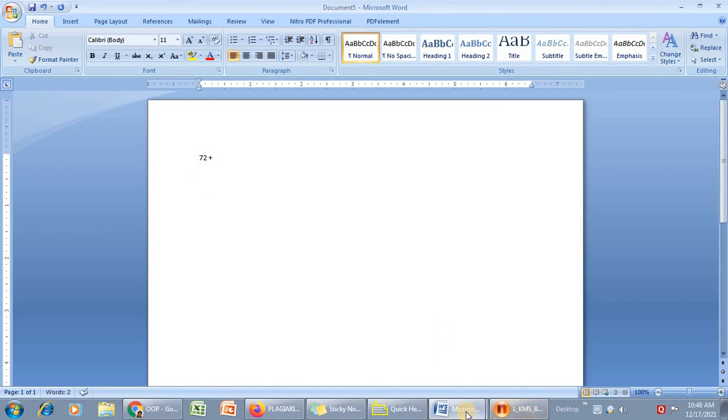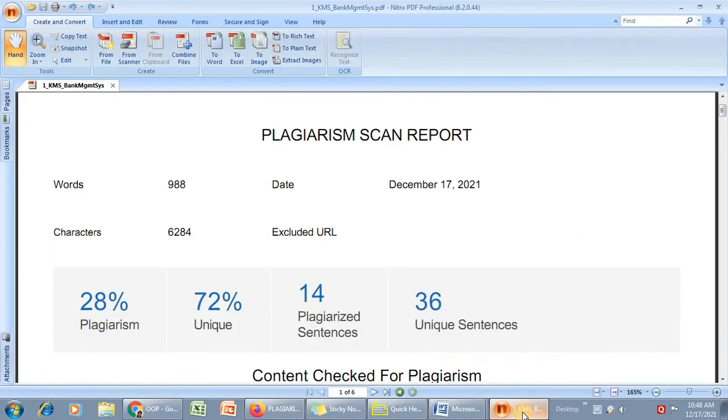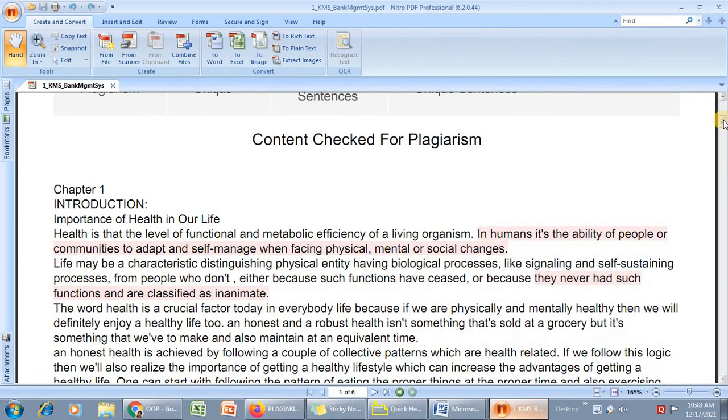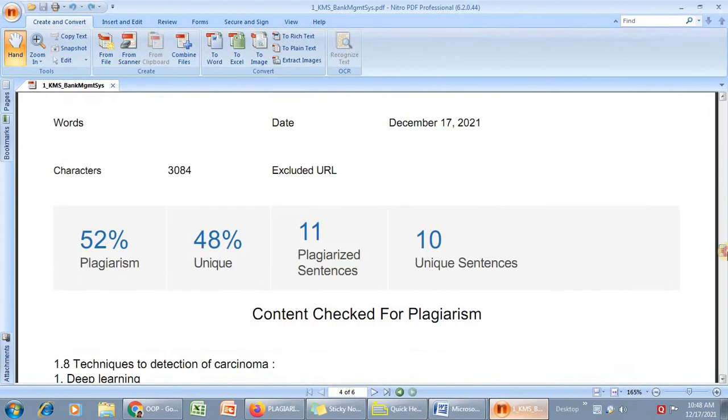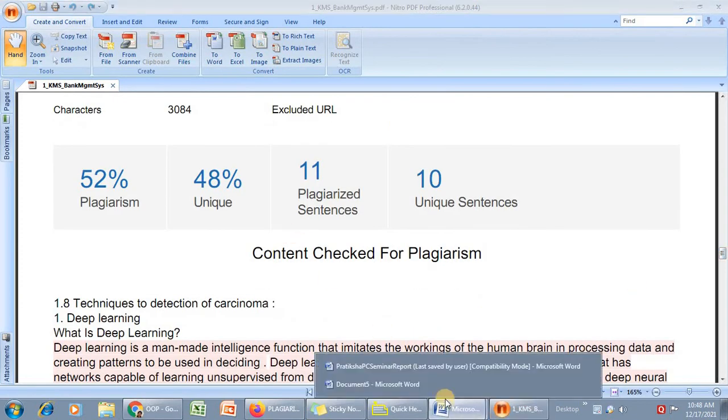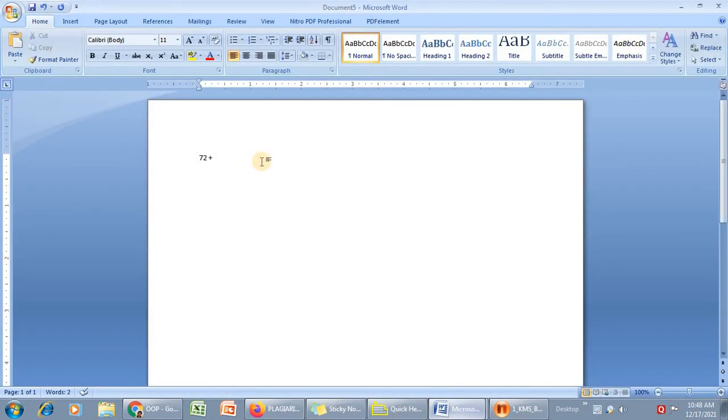Then you can observe the second chapter. Again take the second chapter. For the second chapter you will identify 48% uniqueness. So go on to the document and write 48% uniqueness. Likewise you can observe, here I am taking only 2 chapters, so accordingly I will write it as 120 out of 2. So here total 60% of uniqueness is there for my project.